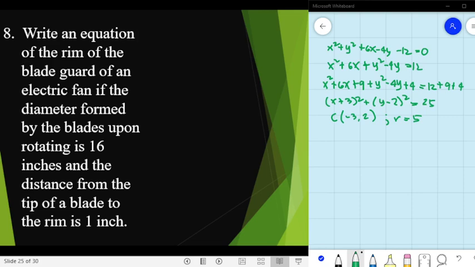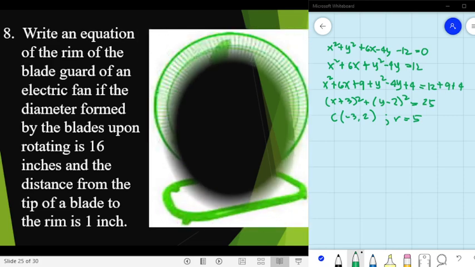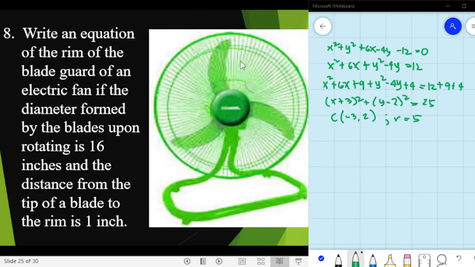So the blade guard is the metal guard of the electric fan. We are given that when the blades of the electric fan rotate, they form a circle